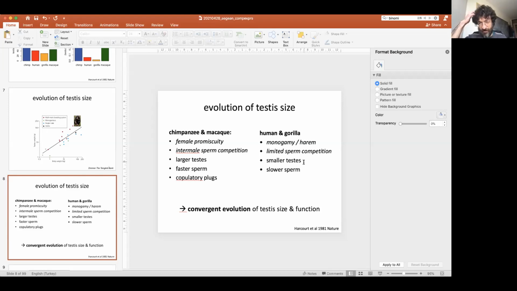And the answer, I think, is yet unknown. I don't know, does any of you have an idea whether anybody tackled this question, whether this was positive selection or drift?